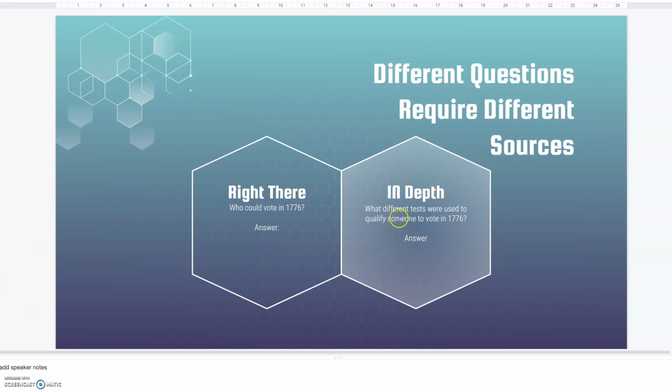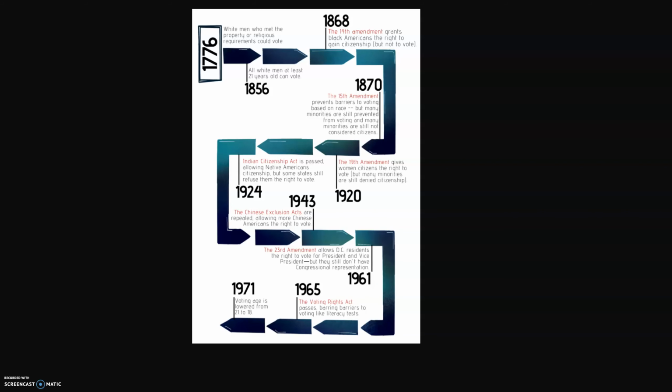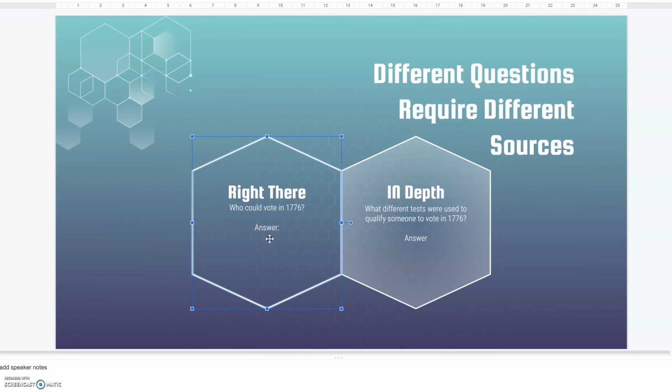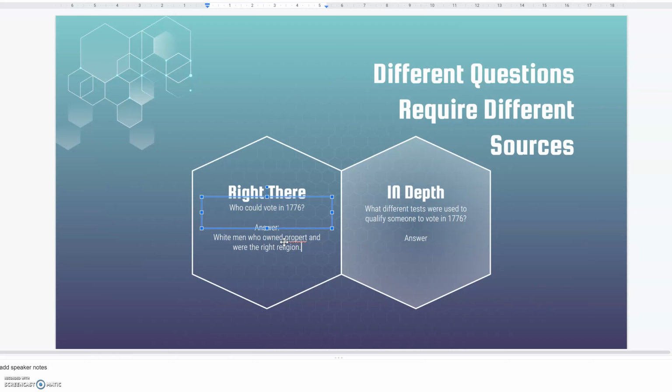So if we look here, we can do another one, right? Right there, who could vote in 1776? If I go to this one right here, white men who met the property or religious requirements could vote in 1776, right? So I'm going to say white men who own property and were the right religion. Right? Now, what different tests were used to qualify someone to vote in 1776 is a much more complex question,